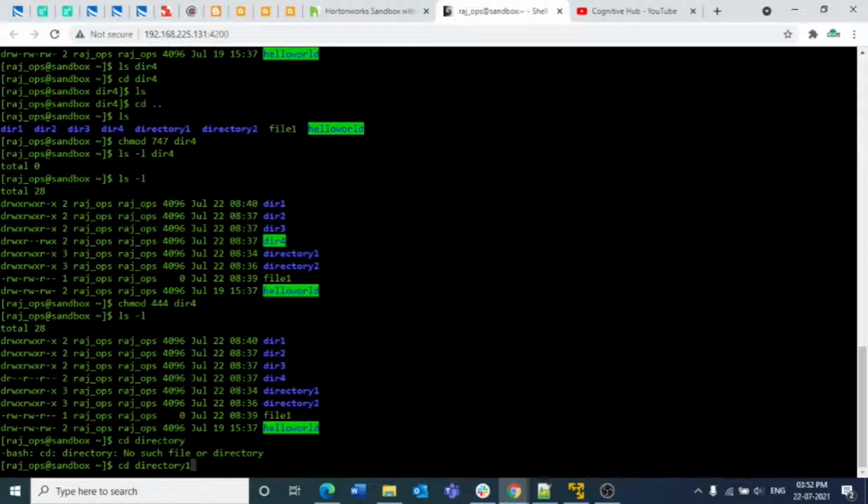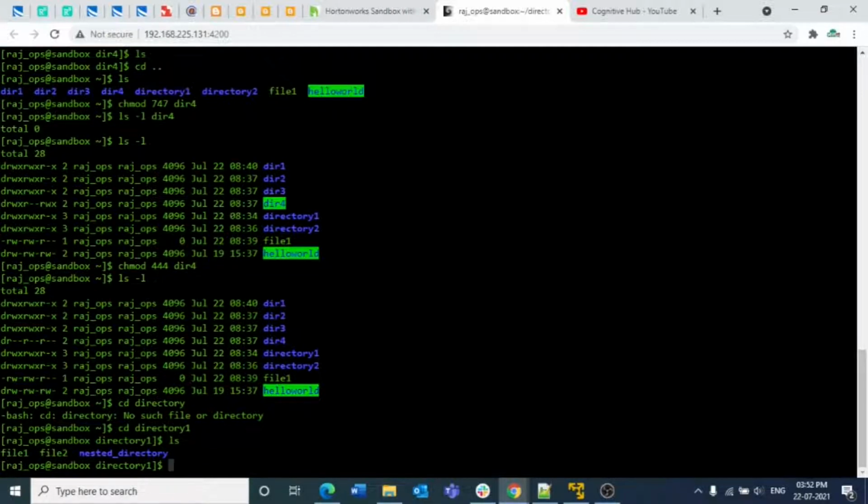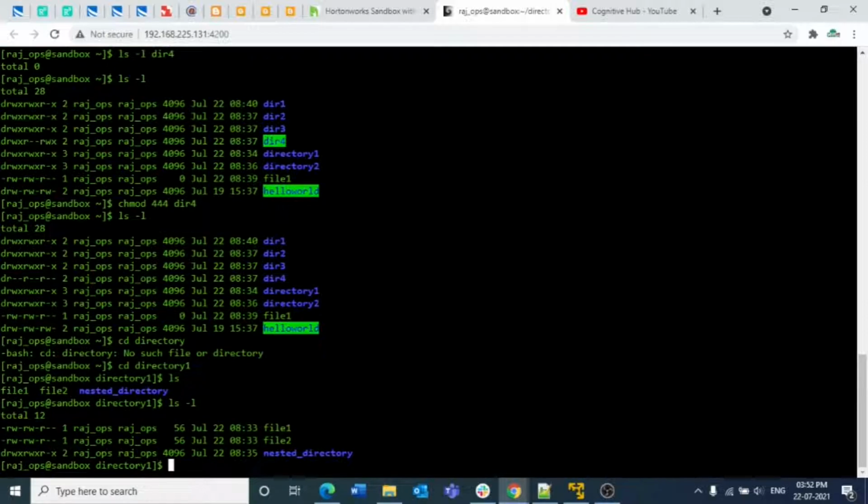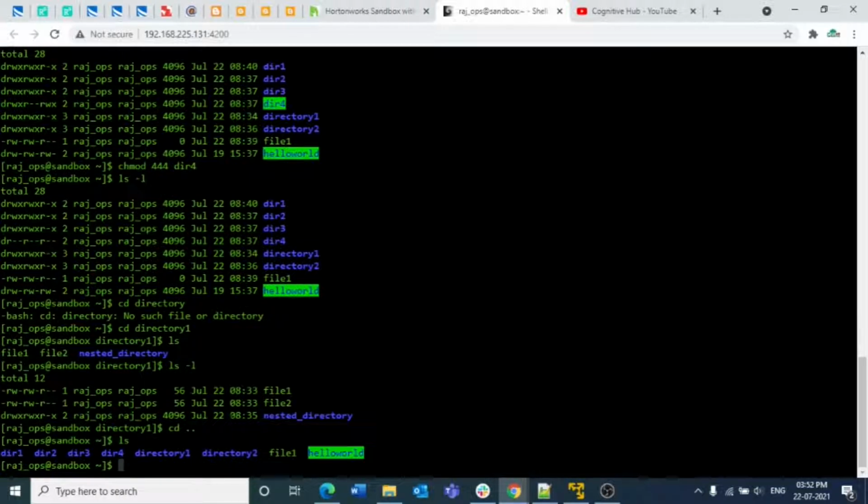directory 1, ls. So these are the settings that we have, but now what I want is all the files present inside this directory 1, file 1, file 2, the nested directory, and this directory 1 should have all the read, write, execute permissions for all user, group, owner. So for that, if I want to execute it recursively, then the command should be like chmod -R,